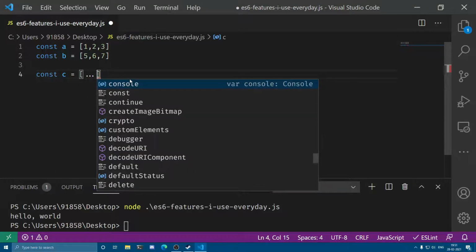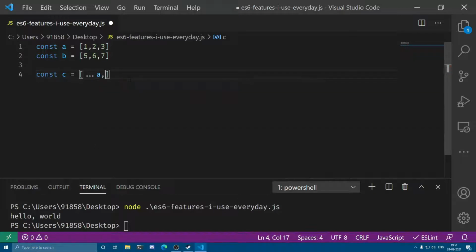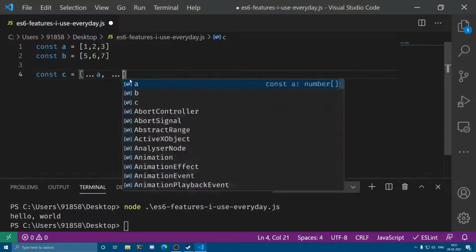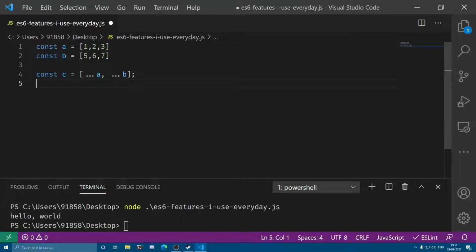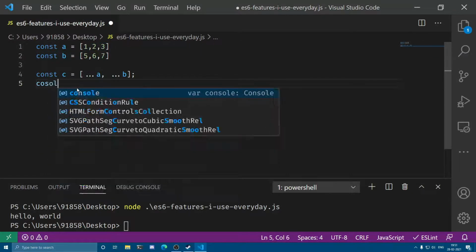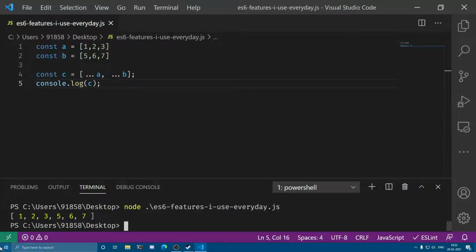So this is the spread operator, and after this you write the name of the array and again the name of the array. Okay, so C is going to be an array which is the container for all of these 6 elements. So if I print C, over here I will get this array.